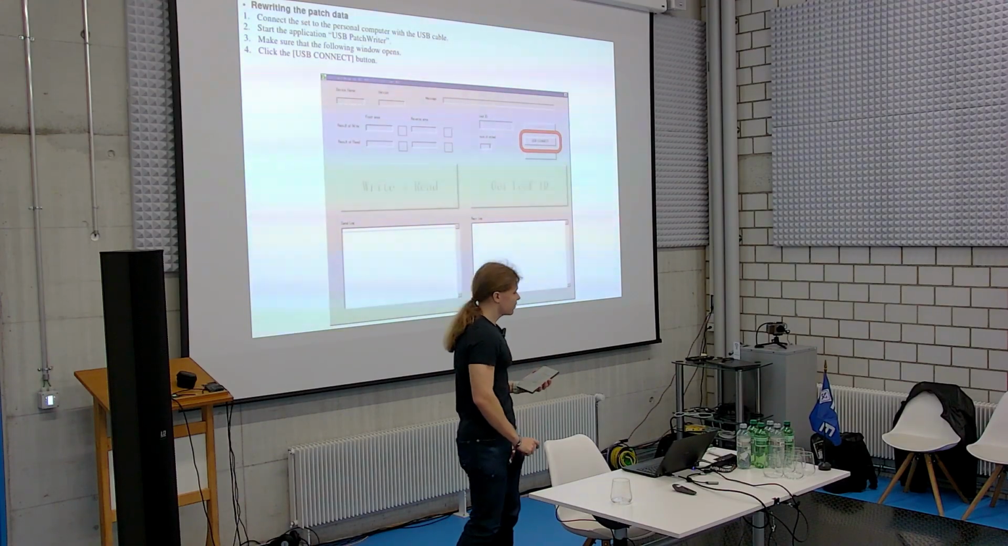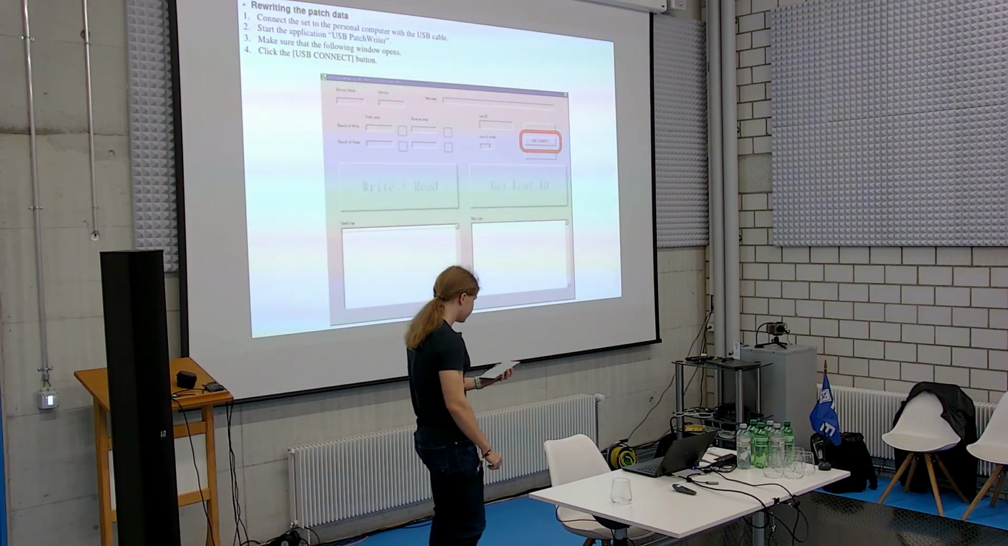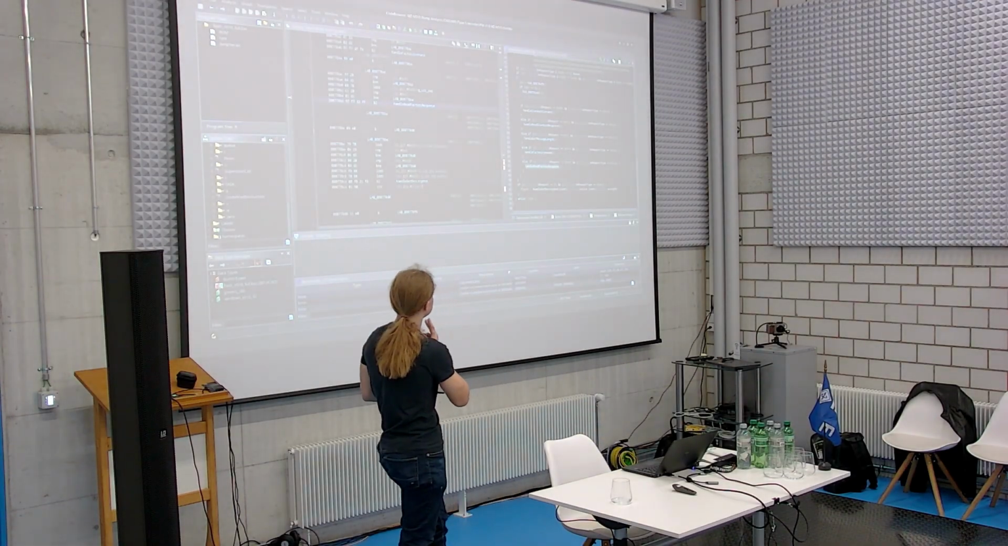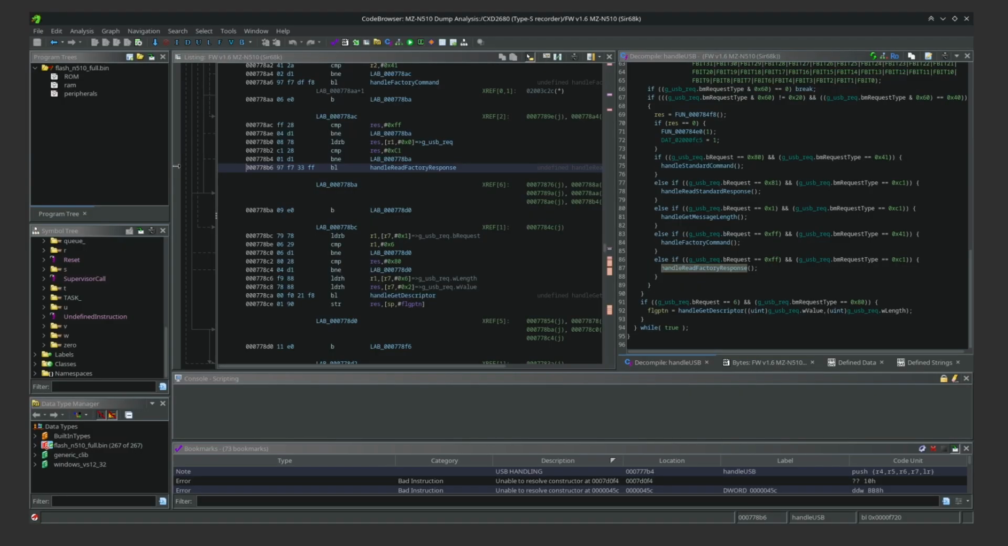So after we had the firmware, we of course started reverse engineering it. This is a screenshot of a tool called Ghidra. And this is what we use for reverse engineering the firmware. It has a feature where you can set up a collaboration server and have multiple users work on the same file and reverse engineer the same firmware. So we of course set this up, and